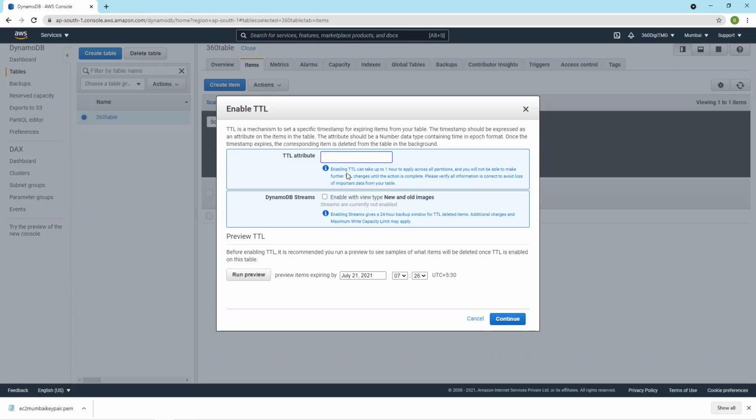If you enable TTL, it will take 1 hour to apply across all the partitions. This time to live is a mechanism to set a specific timestamp for expiring items in your table. So suppose you are feeding this data into queues, from queues it will go to the applications, or if you're using DynamoDB streams directly.